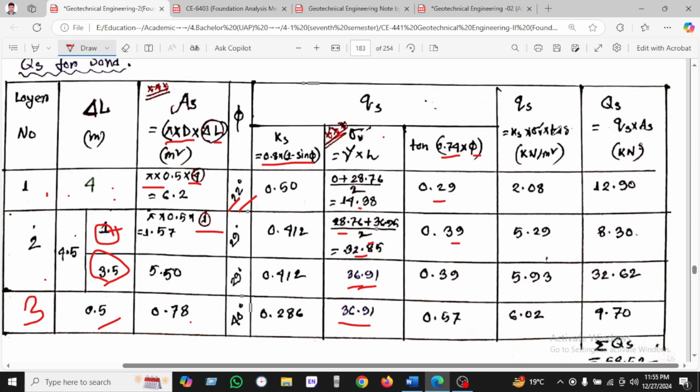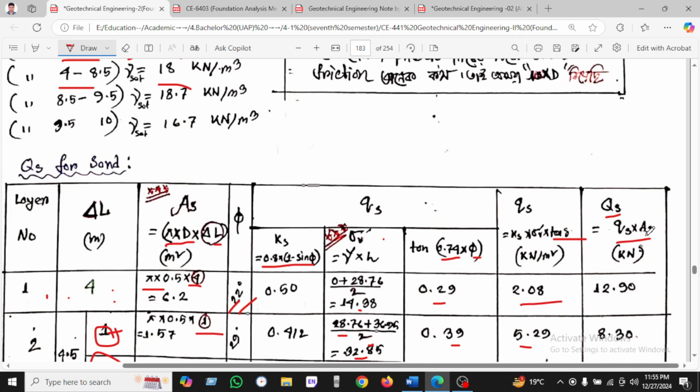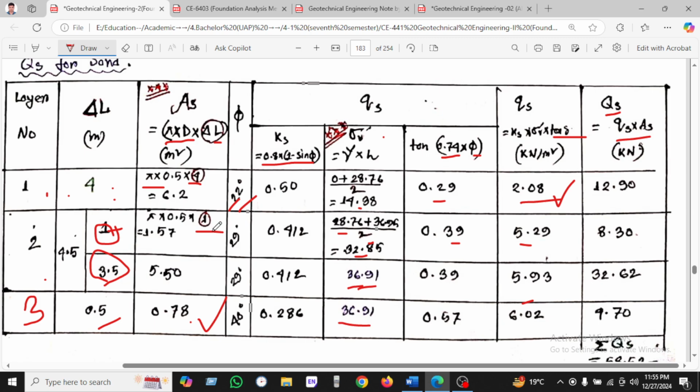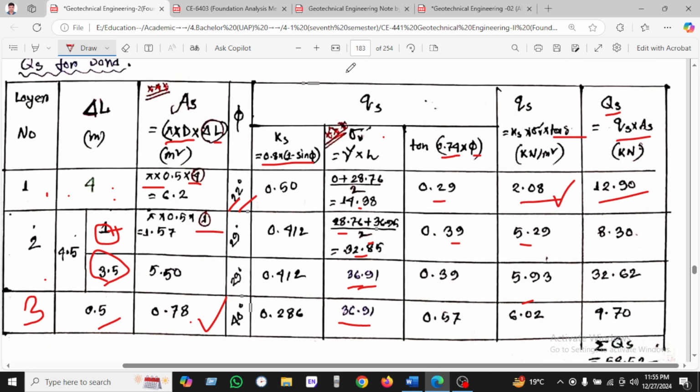QS, we know K as gamma prime into tan phi, and putting this value we found here. And QS equal to qs into AS, as we have found the AS value here and the qs value here, so we will multiply the values and putting here, total QS equal to 15.52 kilonewton. Okay,